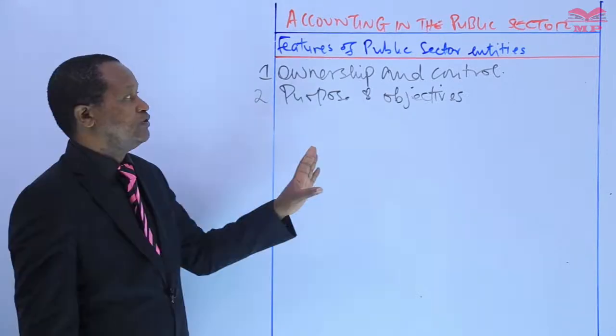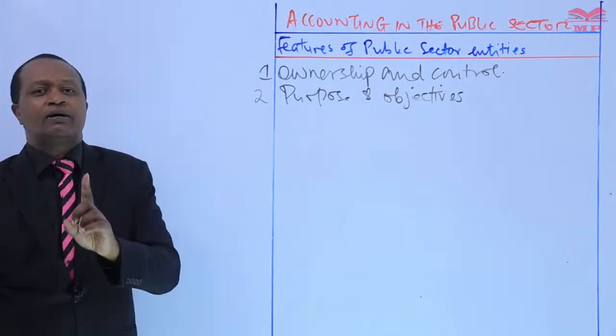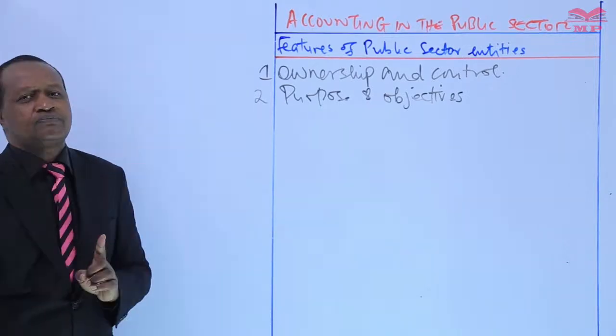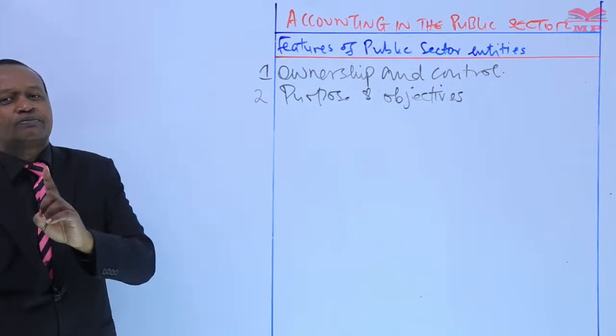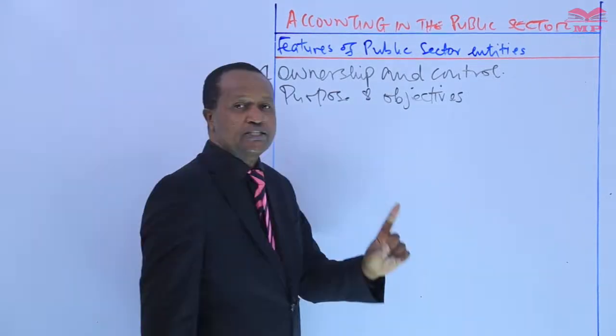That's the objective of public sector entities: to provide public goods and services. Whereas private sector entities primarily operate to generate profits for the owners or